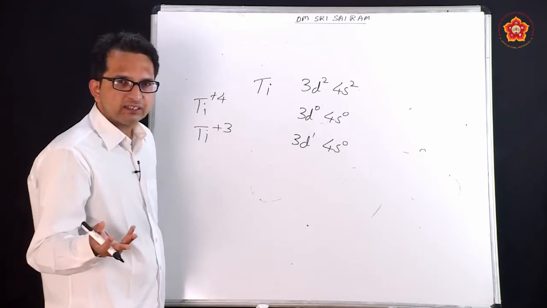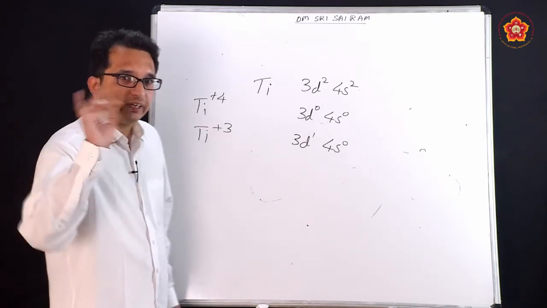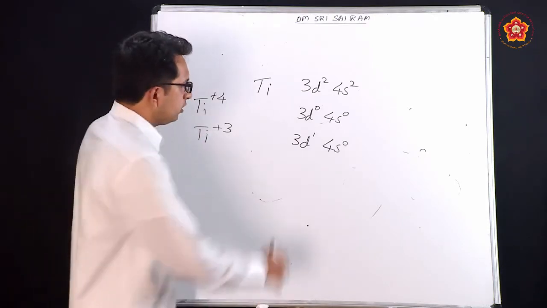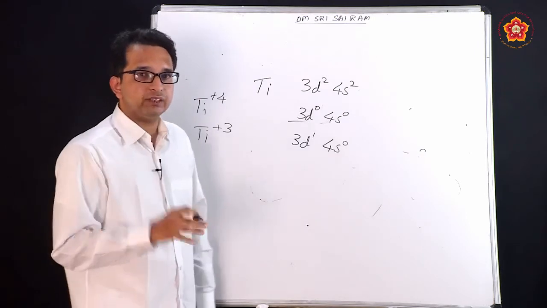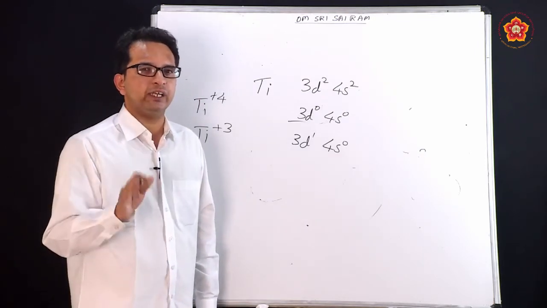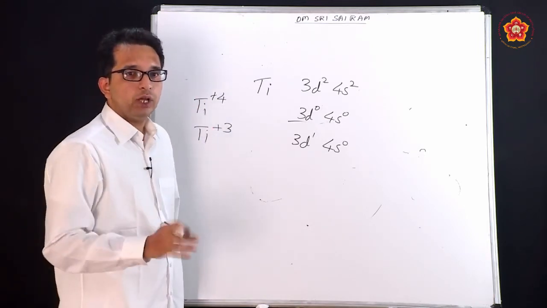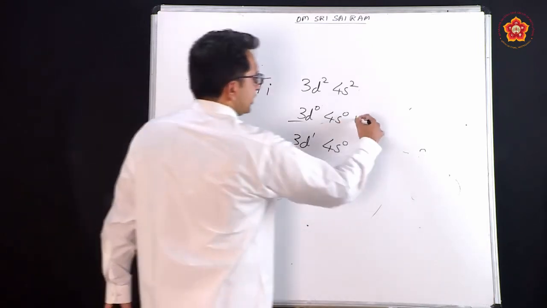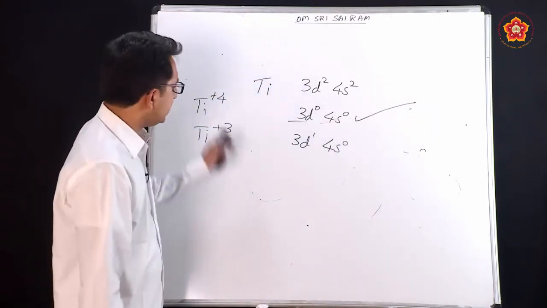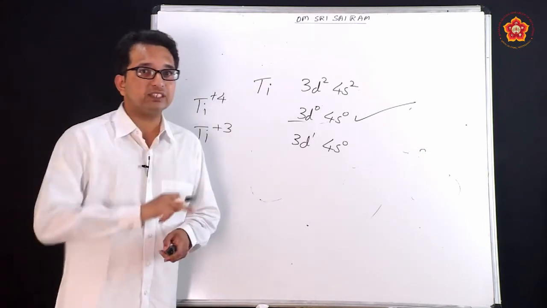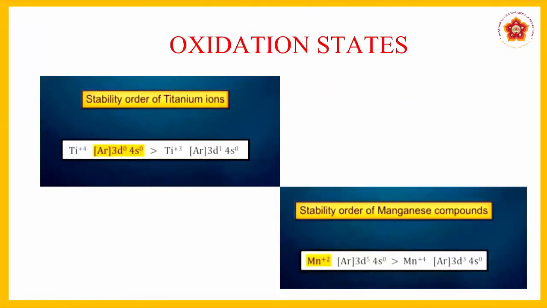We know from earlier theories that orbitals which have d10, which is fully filled, or d5, which is half filled, or d0, which is completely empty, tend to show a high amount of stability. And therefore when such compounds are asked, here we have taken only ions, but if compounds are asked, these will tend to show higher stability in their oxidation states. So I hope this is clear to you. So let us now once again see the compound which is there. They are given there that the titanium ion will naturally be highly stable because of the empty orbital.